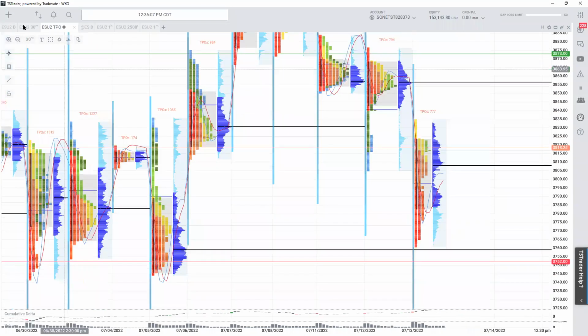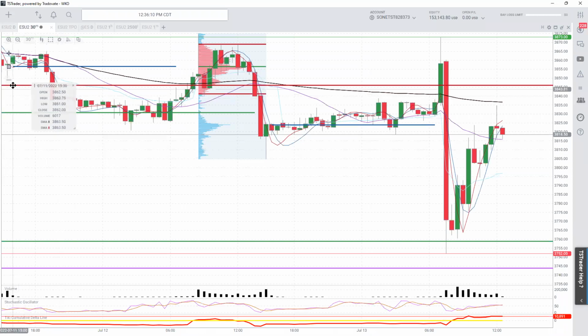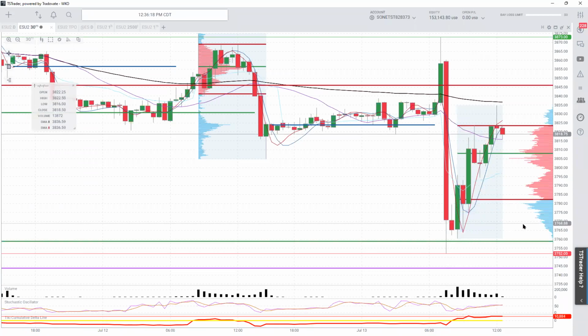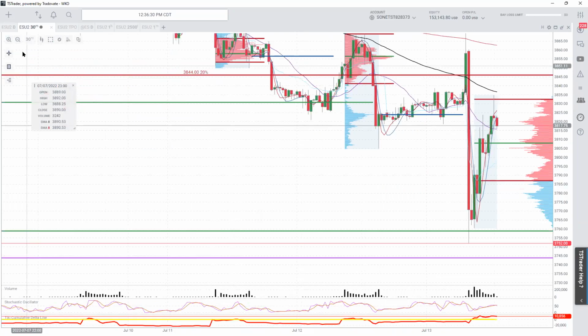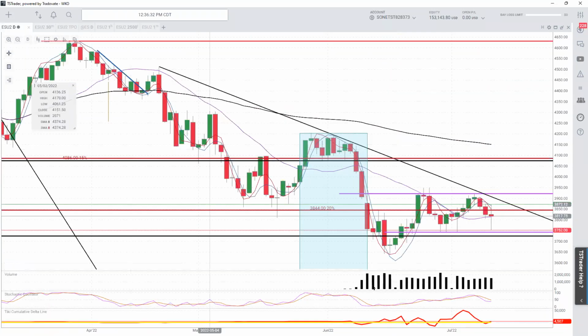Maybe we should go with a 30-minute chart here just to start things off. There's the 730 bar. Here's the 830 bar. I'm going to put the volume profile on here. So the market opened and created a gap. In this case, when we're looking at the current market state, by and large, we're still